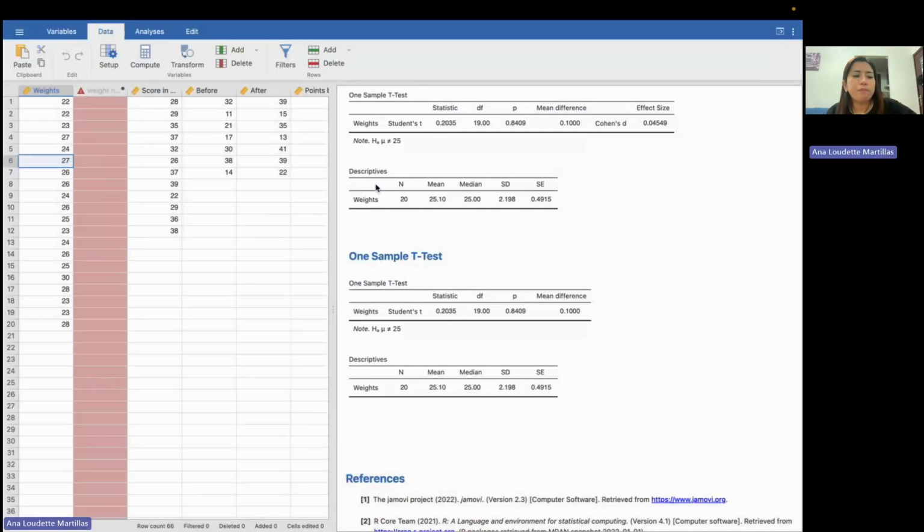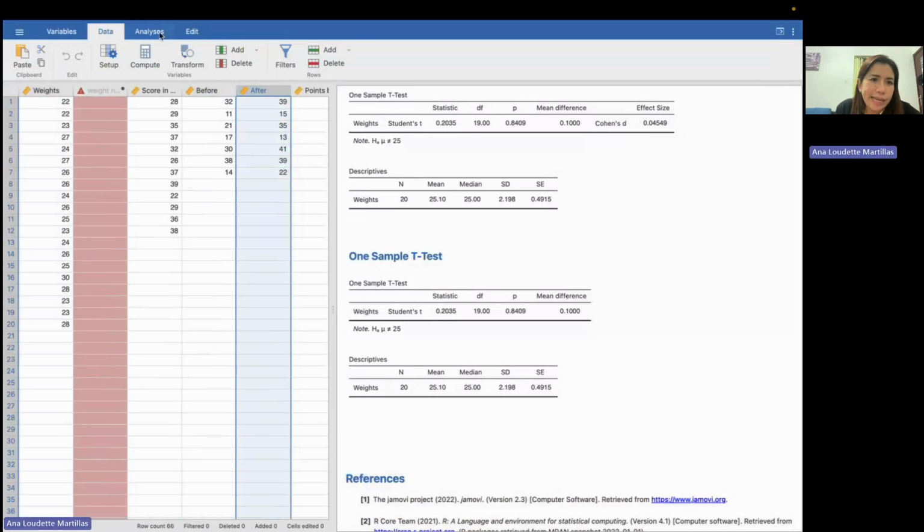So we used a paired sample t-test to determine if there is a significant difference between before and after ratings. So the null hypothesis: there is no significant difference between the before and after. And the alternative hypothesis: there is a significant difference between before and after ratings. So what we do first is open Jamovi. So for now, let's click data. And then the two columns are before and after.